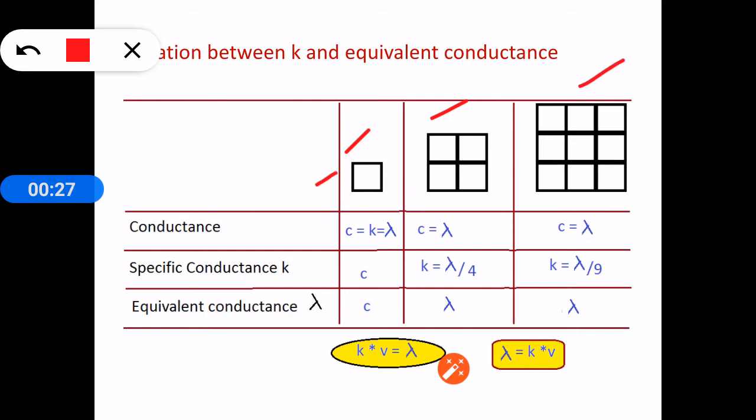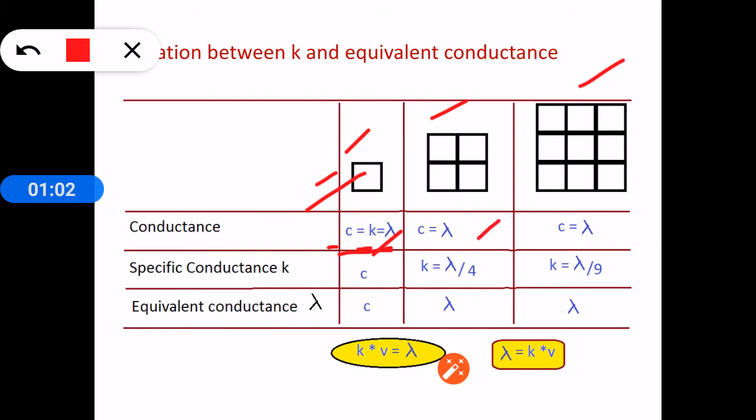In this case, the measured conductance is equal to equivalent conductance because only 1 gram equivalent weight of substance is present, and the conductance of the solution having 1 gram equivalent weight we call equivalent conductance. So the measured conductance in the first case is equal to equivalent conductance, and it is also equal to specific conductance, because specific conductance is measured for only 1 cc solution. So in the first case all the three become equal.